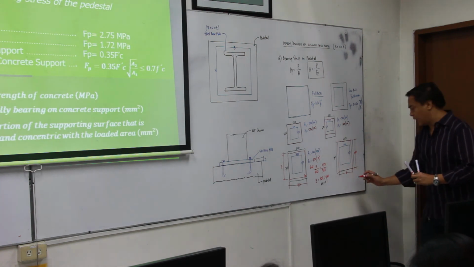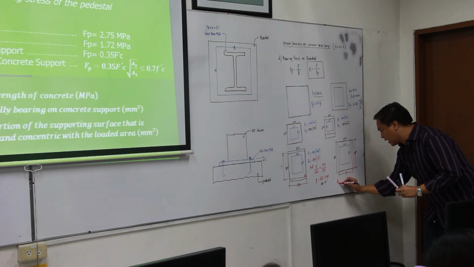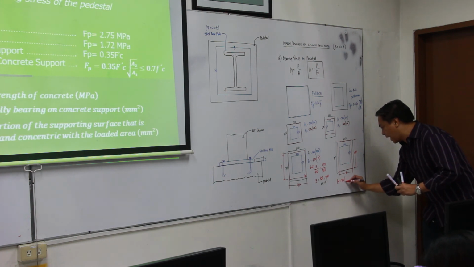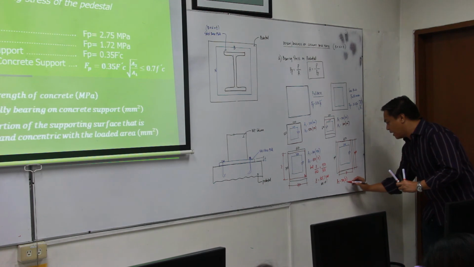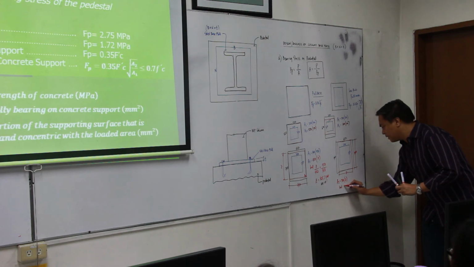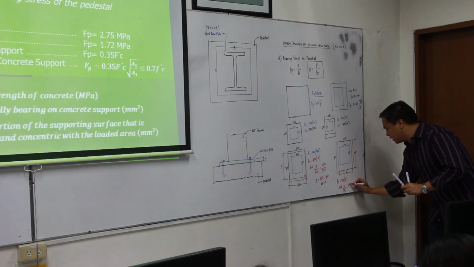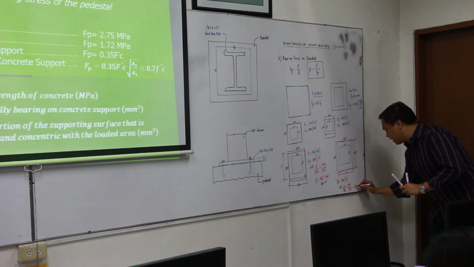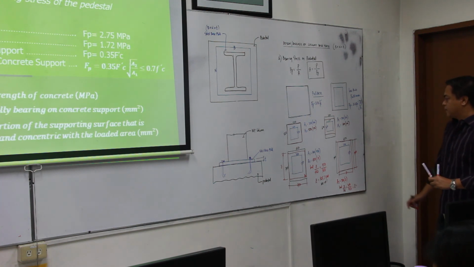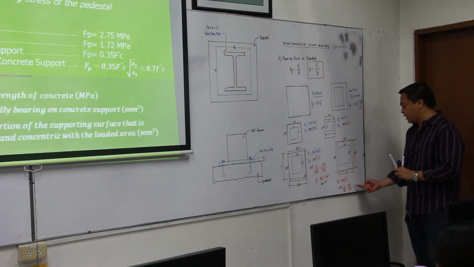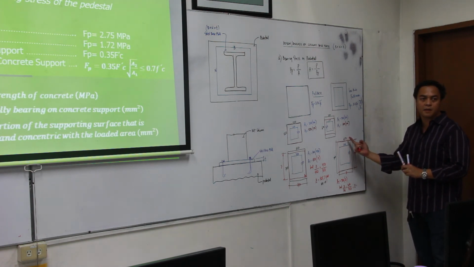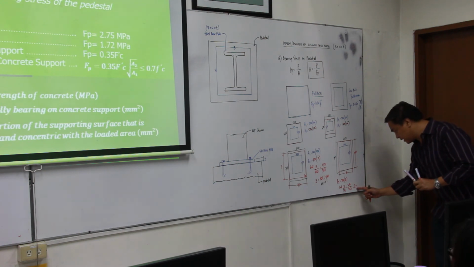Follow? Therefore, our A2 this time would be 700 times Z. But what is Z? Z is to 700 as 300 is to 550. What is Z therefore? So, of course, our Z value should be less than 450 to be acceptable. And that is